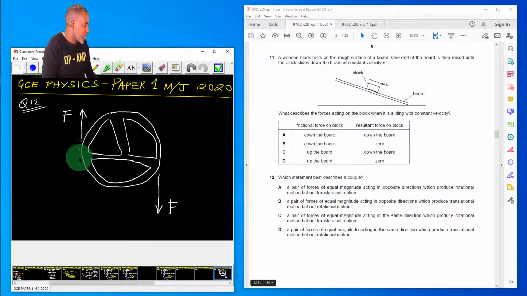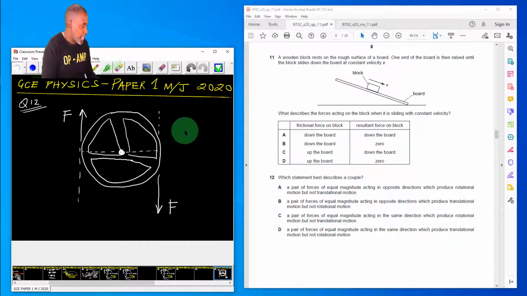These two forces are usually of equal magnitude. Equal magnitude, F, for example, of 20 newtons, F 20 newtons. The magnitude is the same, but the direction is opposite each other. The two forces are parallel with each other, and they tend to turn this system about some point here at the center. So moment of a couple